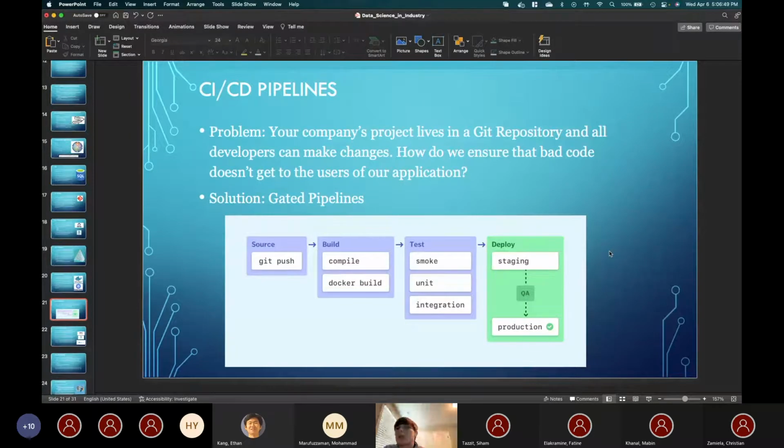So this one is a little bit more abstract, especially from the research side. But for industry, there's a strong desire to make sure that whenever anyone is writing code, pushing code into our project, that it is working correctly and that we don't end up pushing out something that completely breaks. So there's a lot of steps, and they're called CI/CD pipelines, which stands for continuous integration, continuous delivery, to allow us to do that faster.